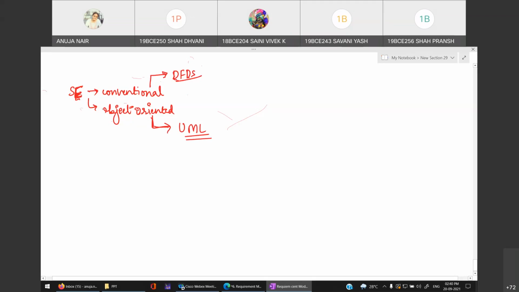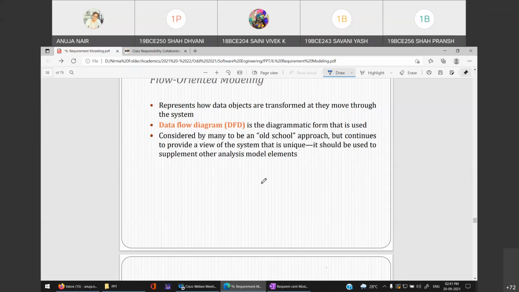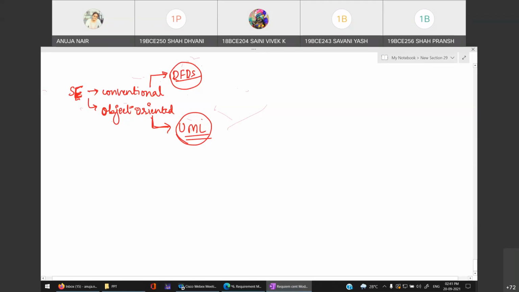The moment object-oriented programming languages and approaches come, we use only UML diagrams, and we represent flow in a different order, which I'll tell you next. But you should also know about DFDs because many of the organizations still use DFDs. So that is why I'm going to teach you how to create a DFD, right? But please remember that DFD is not a part of UML diagrams.